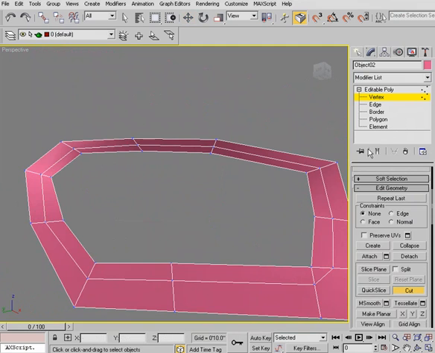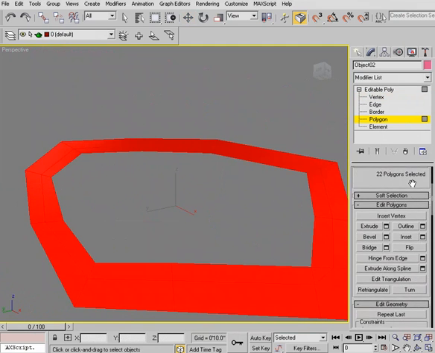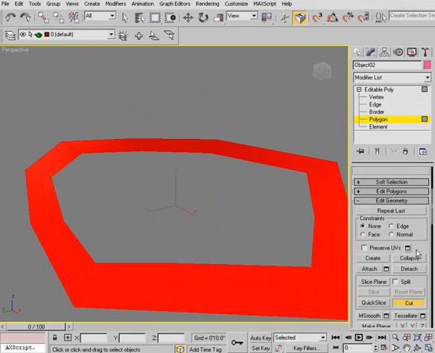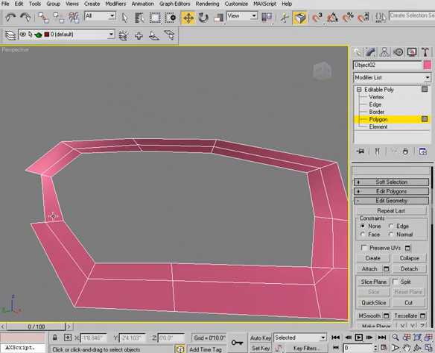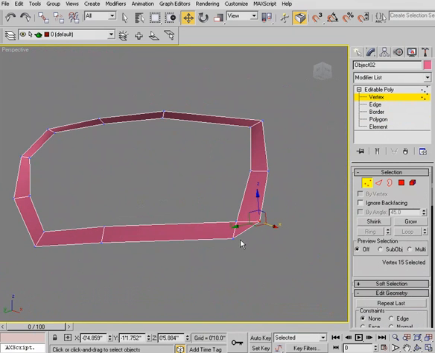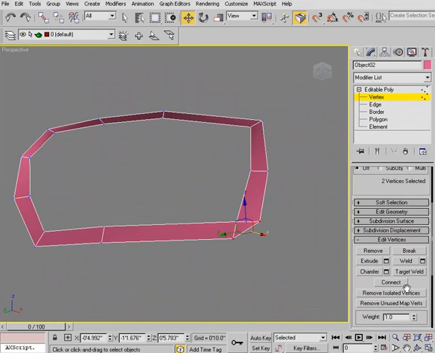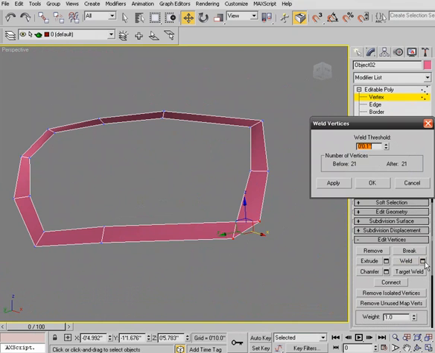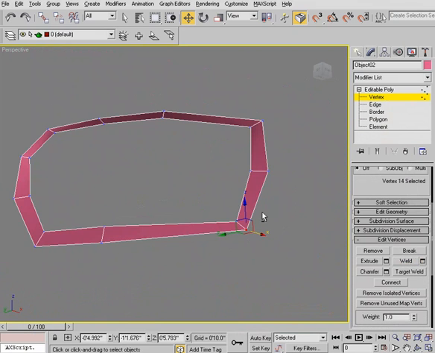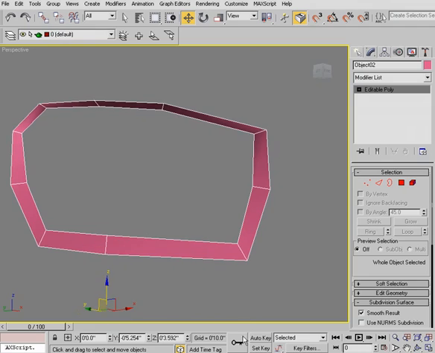And then grab the outer polygons here. Go ahead and turn that off. And then grab those outer polygons and just get rid of those. Then we'll take these two vertices, and these we want to actually weld together. So we'll go to Edit Vertices, let's weld those, and let's up that threshold, and then just pull that out a little bit. Now if we exit isolation mode,